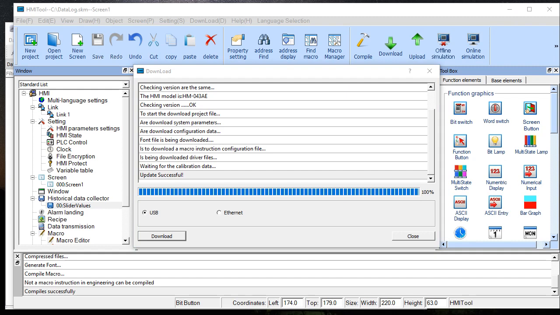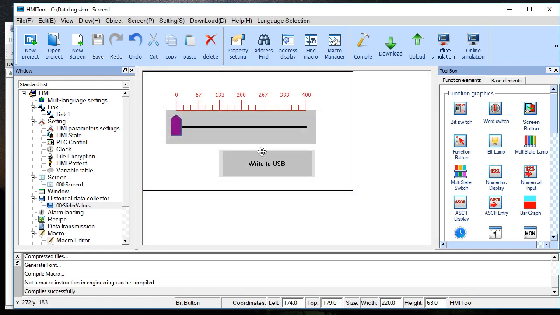Okay, I just waited a minute there, and now I plugged in a USB drive into my device, and I'm going to click this button right here, the write to USB. I did that. A little thing came across the screen telling me it was doing that operation, and now I'm going to plug it